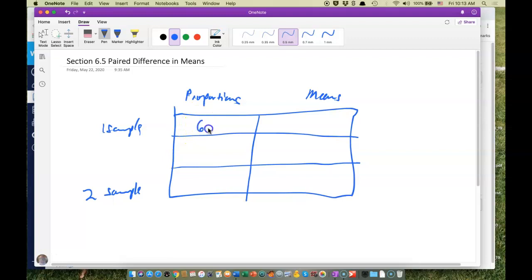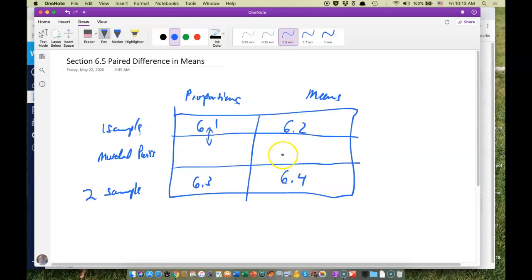So this was section 6.1, 6.3, and both of these, remember, have the matched pairs setup. Matched pairs can come up in proportions if you want to know which of a pair is greater, or whether you prefer candidate A or candidate B, or whether you did better on drug 1 or drug 2. It's just 2 observations on the same subject, but it ends up being a yes or no, or A or B sort of response. Then for means, for 1 sample that was 6.2, for 2 samples 6.4,